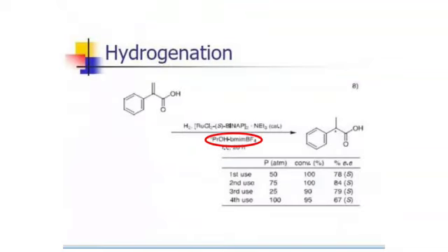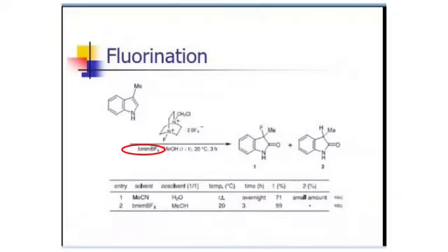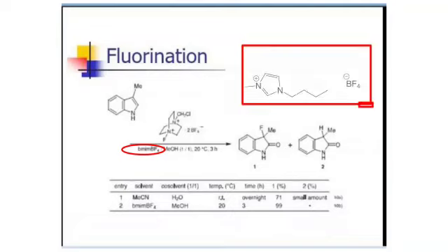In all these organic syntheses, the ionic liquid used as solvent is BMIM BF4 minus, where BMIM is the cationic part and BF4 minus is the anionic part. We discussed this ionic liquid in the history part, as the first hydrophobic ionic liquid, that is 1-butyl 3-methyl imidazolium boron tetrafluoride. It is the most important ionic liquid, used in many organic syntheses, and these are the main important ones. These are the main synthetic applications of ionic liquids.